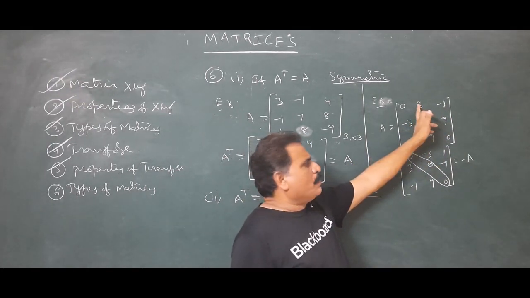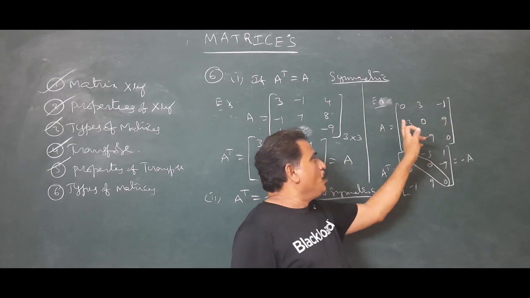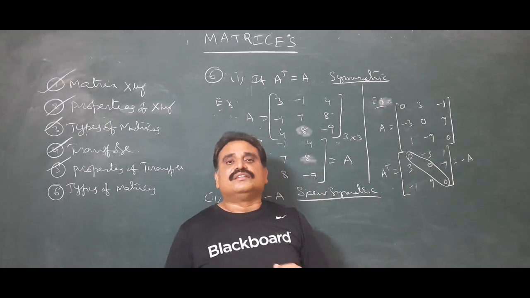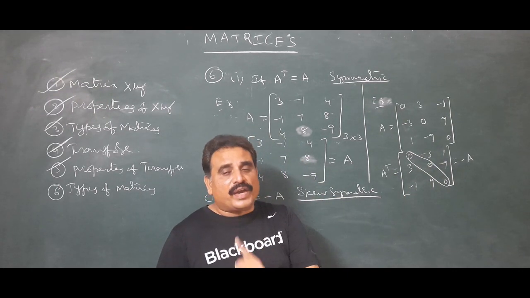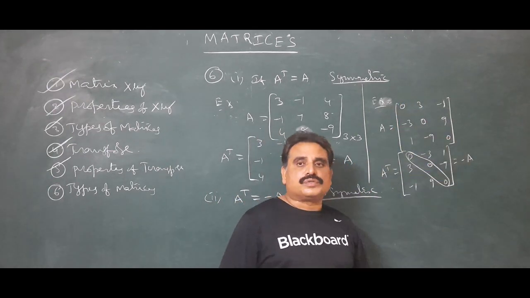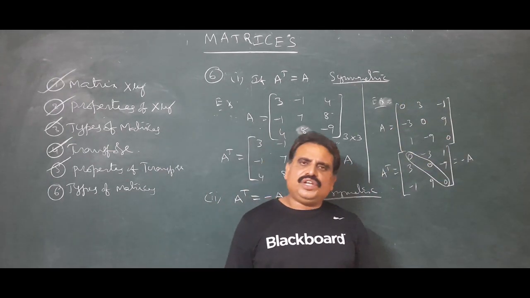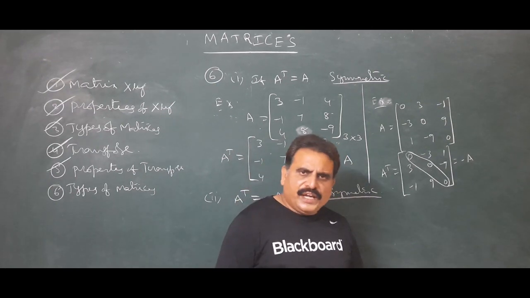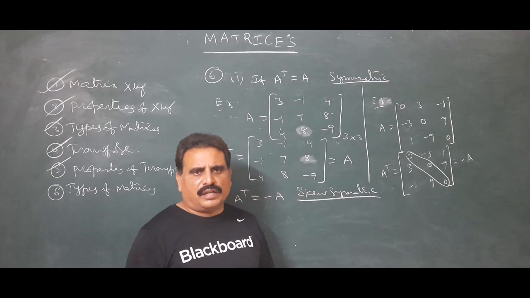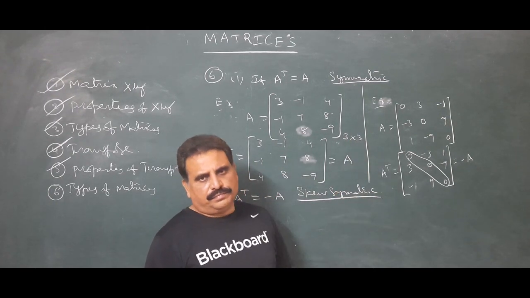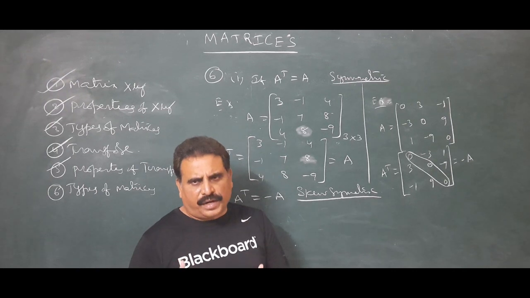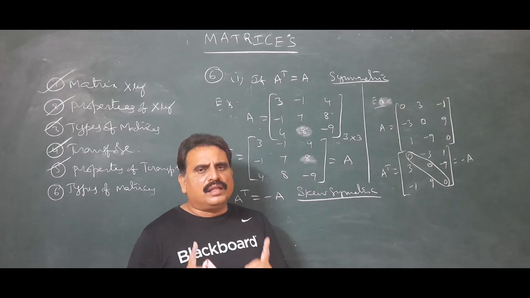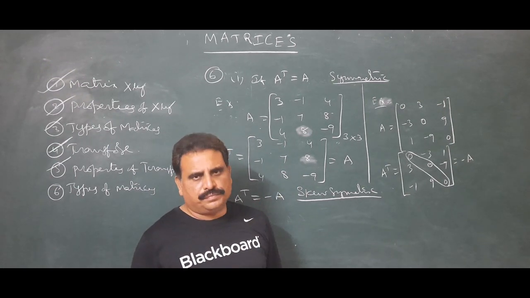If you take any elements, for example, if you take x, y, z here, you have to write down minus x, minus y, minus z, then definitely that is a skew symmetric matrix where the diagonal contains all zeros. You can construct any type of square skew symmetric matrix. If you take 4 by 4, that also you can construct, with all the elements zeros in the principal diagonal. Definitely every skew symmetric matrix is a square matrix, and in that square matrix all the elements in the principal diagonal are zeros.